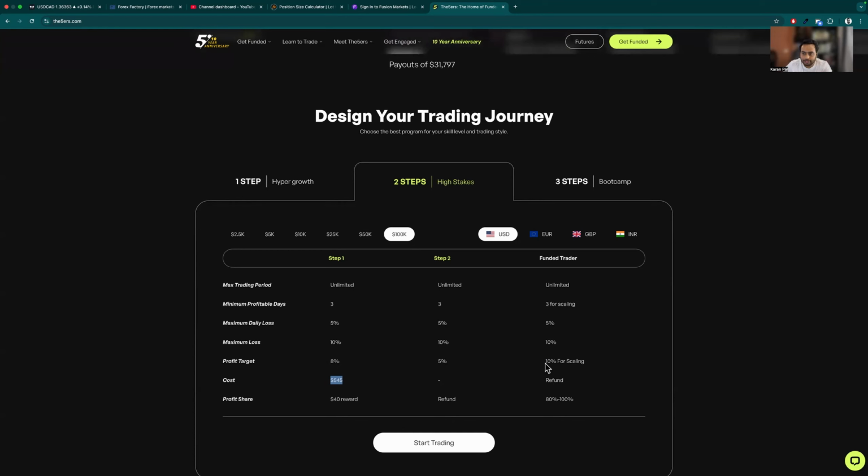Now, what 10% scaling means is, let's say you got a funded account. You passed two challenges. You have passed step one. You have passed step two. It's just when you make a profit of 10% in total, it doesn't matter if you took a payout or not. All you have to do is show them, like right here, you had a profit target of 8%, 5% when you pass these challenges. Similarly, when you make a 10% profit all together,